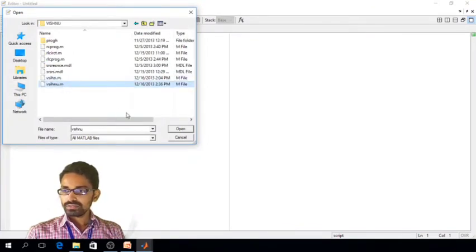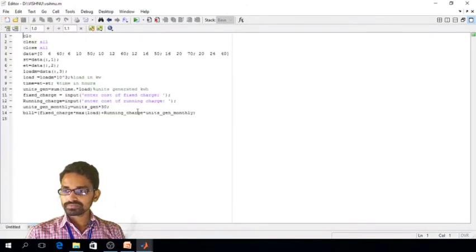Okay, so this program is without load duration curve or load duration graph. So just I am directly executing this: CLC, clear all, close all. Why all this, already explained. Okay, data I have taken in the matrix form, then start time data which will store the start time and end time. Load M is nothing but load in megawatts, already said. Okay, time is ET minus ST, end time minus start time. Units generated is equal to sum of time dot into load.